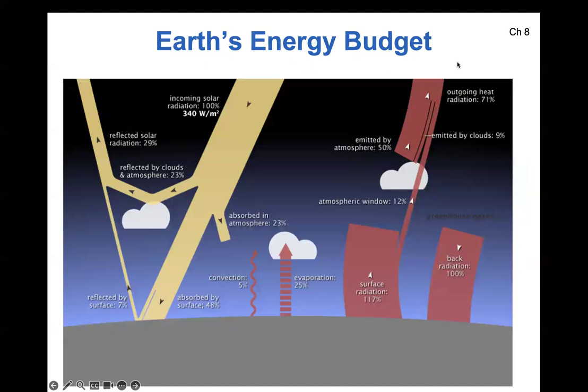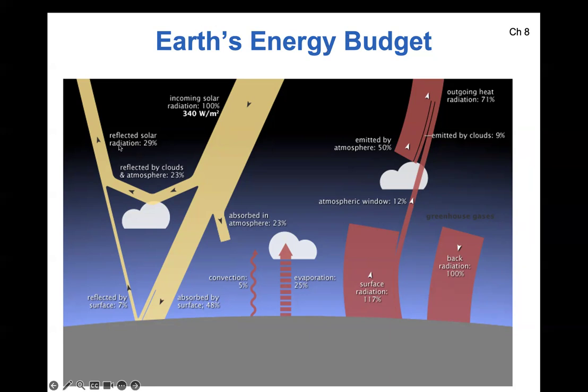And we can call this Earth's energy budget. It has to be as much coming in as going out. And unlike people, they can have a budget that's out of whack, right? They're spending more money than they're making. Well, you know, that could go on for a certain period of time, and then the person runs out of money or dies in debt or something. But if the person didn't have a finite lifespan, then eventually they'd have to have a point where as much money is coming in as going out, because they couldn't sustain a lopsided budget forever. And that's the idea of the planet, right? Once you think about planetary timescales.